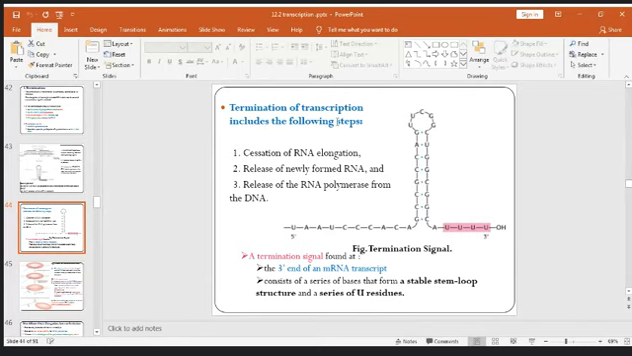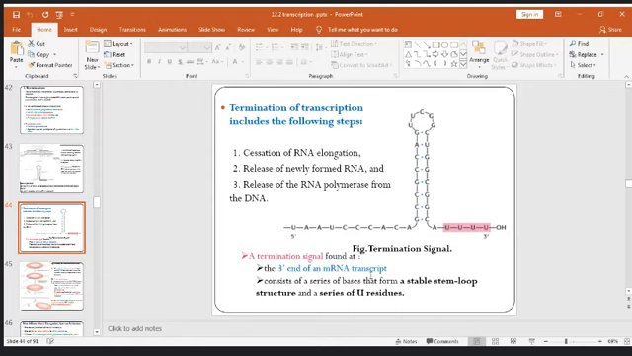That means intrinsic termination is not rho dependent. In rho dependent termination, an additional protein called rho comes and causes the termination. In the intrinsic case, as I said before, there is cessation of RNA elongation, because the poly-U tail is followed by a hairpin structure that is responsible for the termination. There is a release of the newly formed RNA, release of RNA polymerase from the DNA parental strand, and finally dissociation of the transcription complex. And the termination signal is found at, as I told you, the 3' end